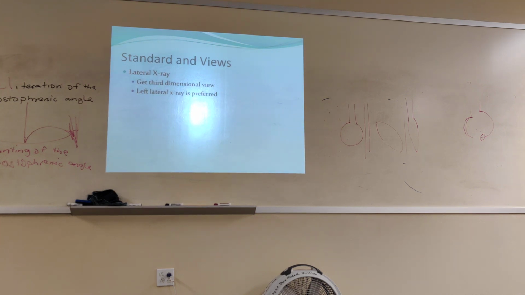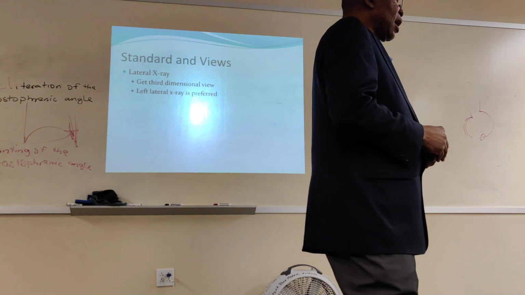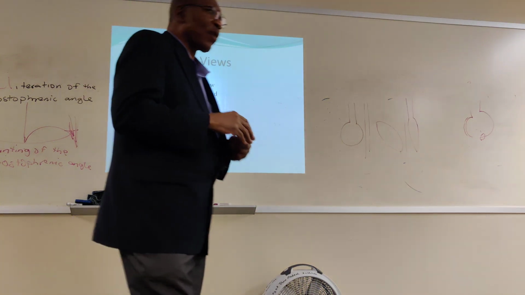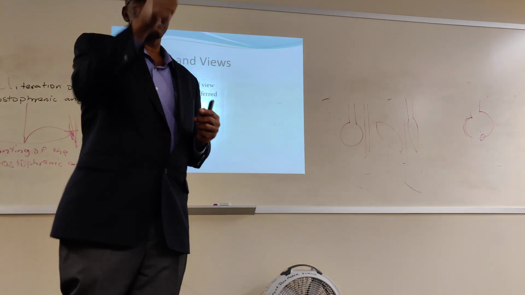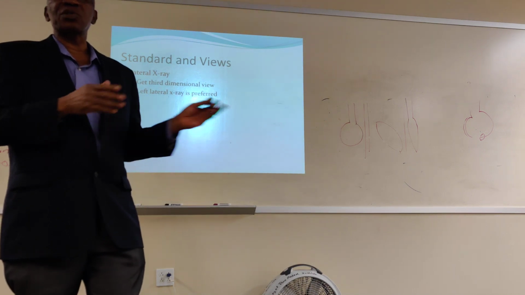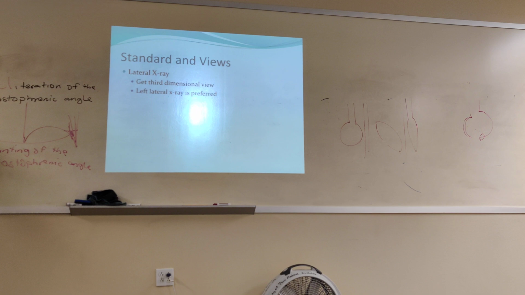We can do a lateral X-ray as well, just to have a third dimensional view. You have this, then you want to look some more to see whether you can see whatever is wrong very closely. Also, we can do a lateral film of the neck for epiglottitis. Somebody all of a sudden has acute epiglottitis where their epiglottis is swelling up. You do a lateral film. When you look at it on the film, it looks like a thumbprint sign. That would be epiglottitis. We can also do it for croup. If they have croup, we can do that. For instance, for your information,